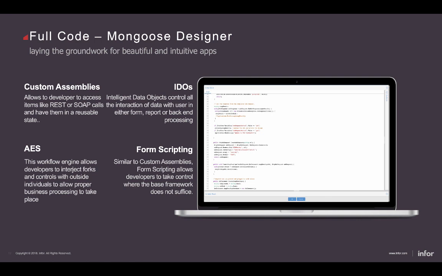And then, of course, we do allow you to drop to code, and that code doesn't have to be our custom assembly compiled code. It can also be form script. And that form script is basically interpretive script, being .NET based. That can be VB.NET or it can be C#, whichever you feel proficient in. And you can do full form scripting, and you can access most, if not all, of the componentry on the front end of the form in code and manipulate it as you wish. Of course, we don't really push you to do that, and we would rather you don't, because we do have a really deep metadata-based system that allows you to manipulate those objects without using code in conditional logic that we have built